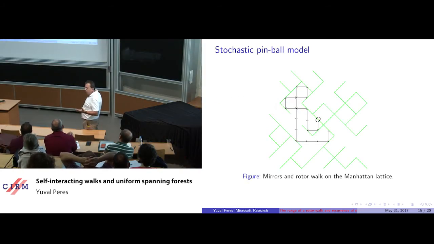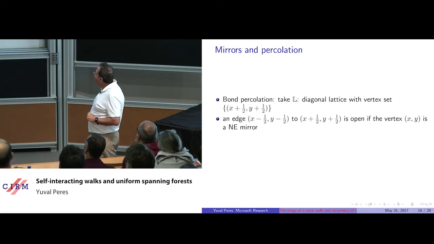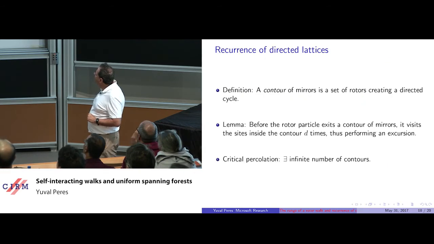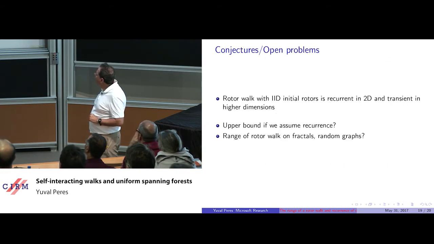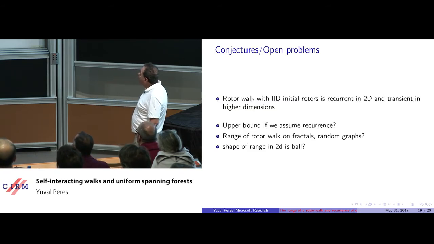So one challenge is, these two lattices are much easier to analyze than Z2, but even then, understanding the growth of the range is still not done. But not many people have thought about it. Okay, so this tells you the story of the contours, and I'm ending this part by mentioning a few open